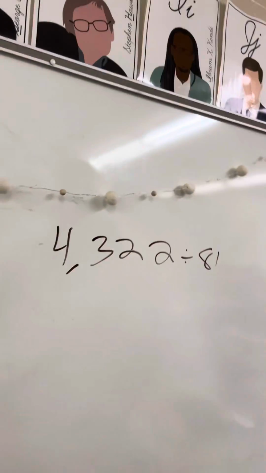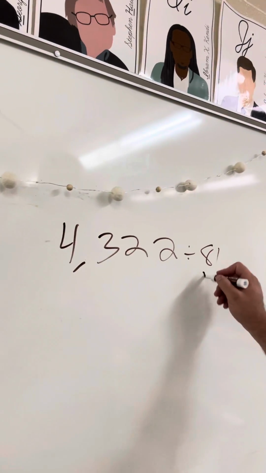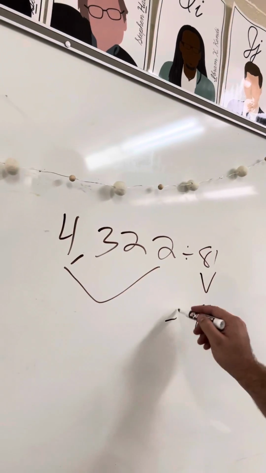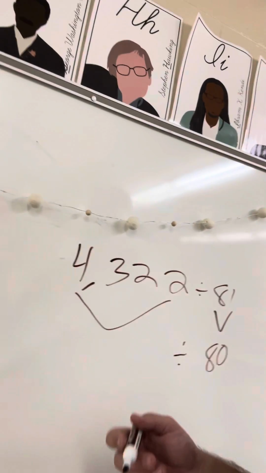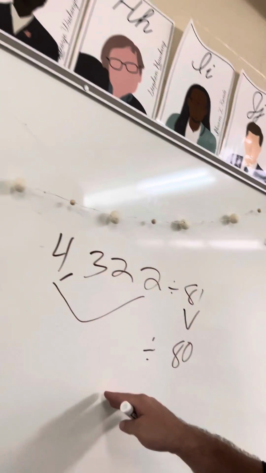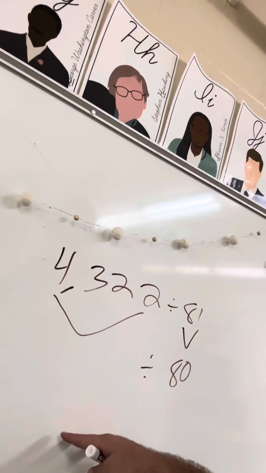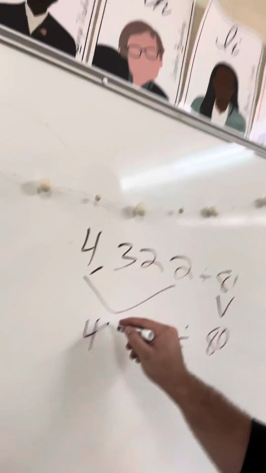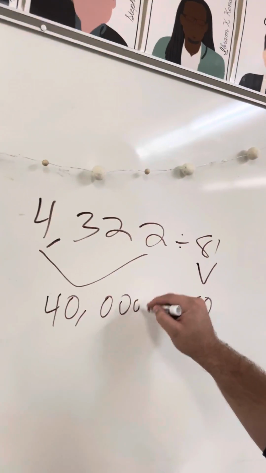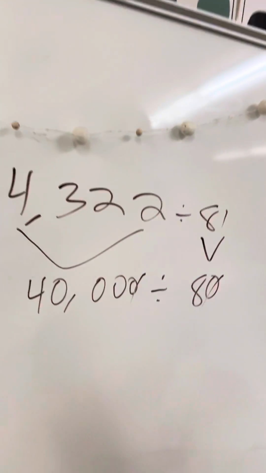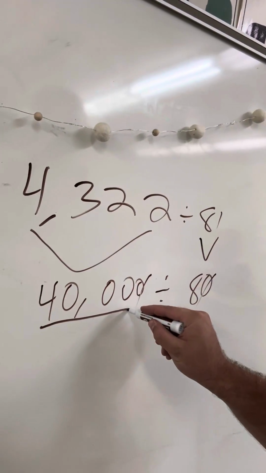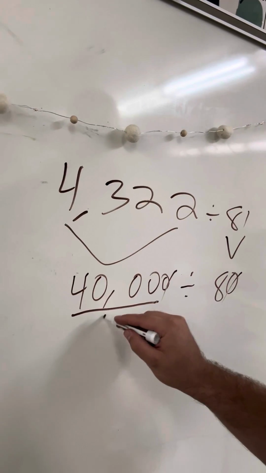divided by 81. Okay. So 81, we already know that we want to make 80. I want to take 43,000 and make it divisible by 80. And 43,000 is close to, remember, 8 times 5 is 40. So I can take this and make it 40,000, so it'll be really easy on the eye. 40,000. We cross out the zeros that they will share. They both have 1 zero that we can cross off. So this becomes 400. This will come down to 400